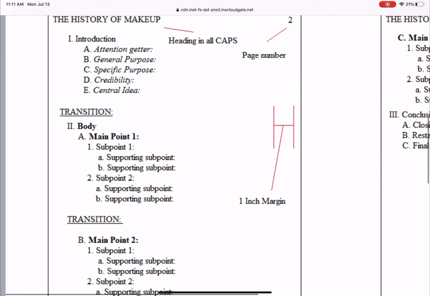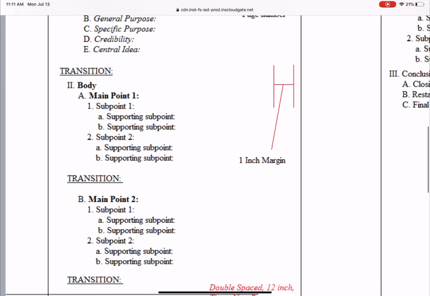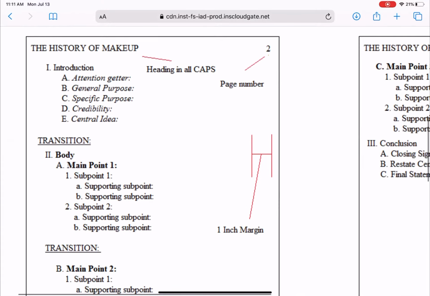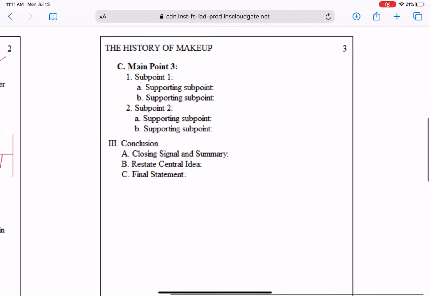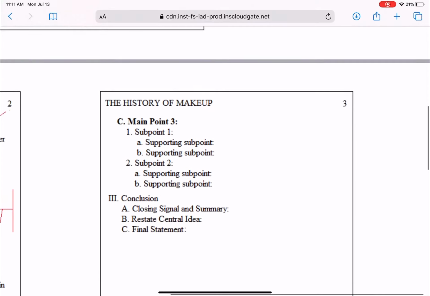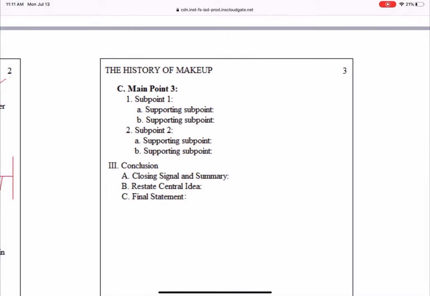And then page 3, we have main point 3 and then conclusion. Your outline might be 3 pages, it might be 4 pages. I don't anticipate that your outline is just going to be 2 pages just because you are using in-text citations, and we're going to talk about in-text citations in a bit. So then you have your outline, it looks beautiful, it looks great, and then your final page should be your